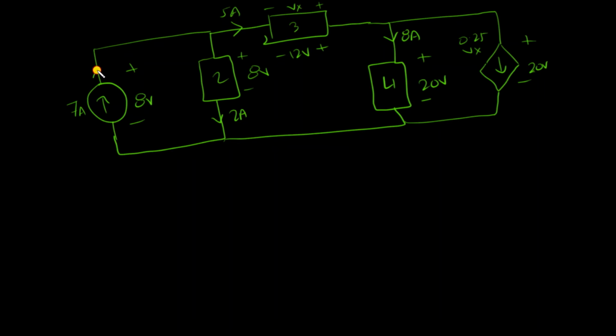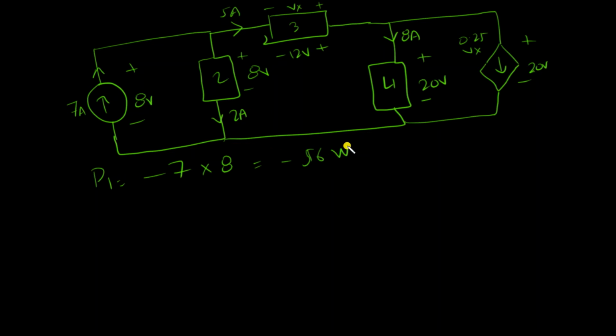Here we have a current going up, 7 amps. For power, we need the current entering the positive terminal. The positive terminal is up, so the current entering would be coming down. As the current going up is 7 amps, the current going down is the negative of that. So it's minus 7 multiplied by the potential difference, which is 8,